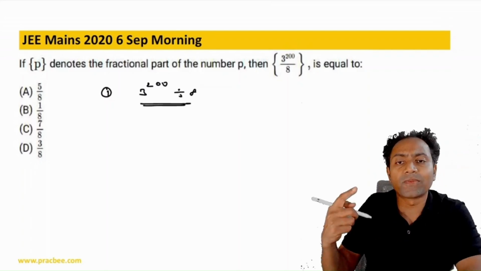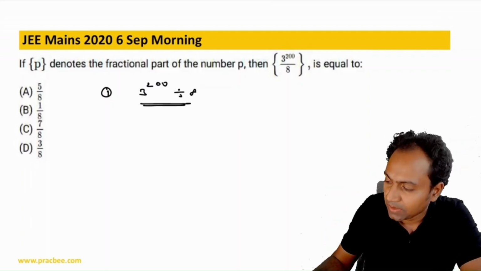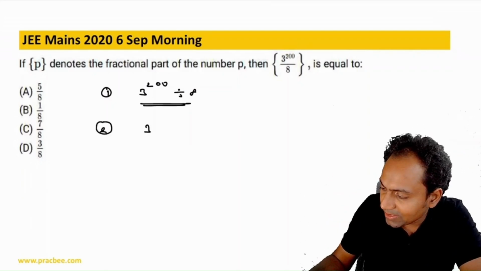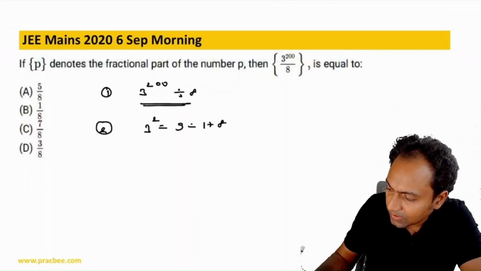And if they want the fraction, we'll divide that by 8. In the second part, we will think of a power that is closer to it. So 3 square is 9, and it can be written as 1 plus 8. The third step,